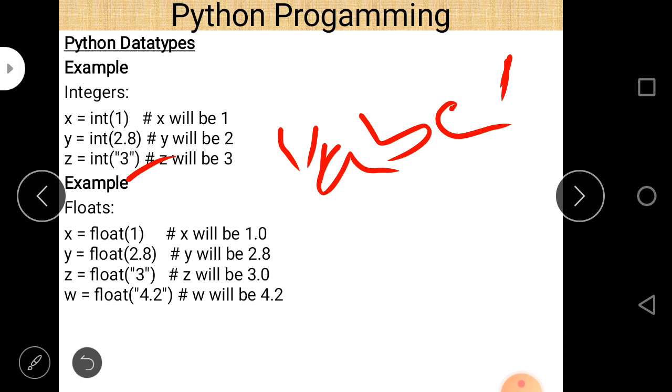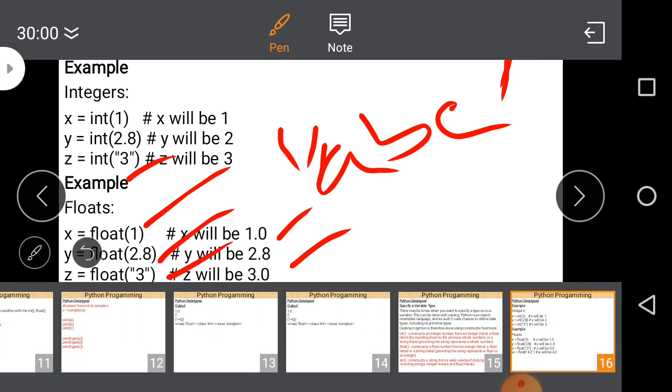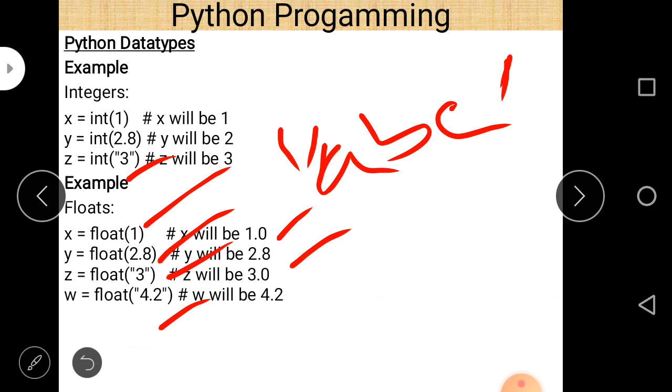And in the second case, we can easily see float of 1, 2.8, 3 and 4.2, so they are again explicitly converted to float type of value. So float 1 becomes 1.0, float 2.80 is converted to 2.8, and float of 3, which is a string, is again converted to 3.0.